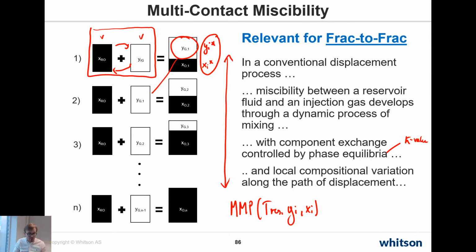It's this dynamic multi-contact type of process, continuously altering compositions, that creates this critical front when you do a displacement process, and you have this multi-contact miscibility process developing. And there are a bunch of different mechanisms relevant for that we will discuss